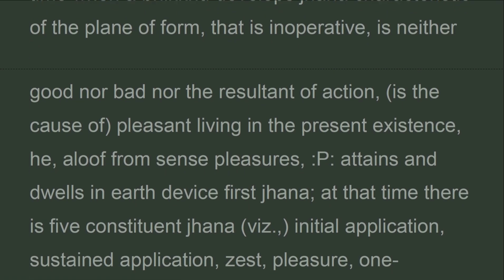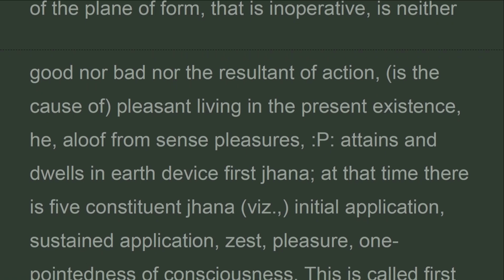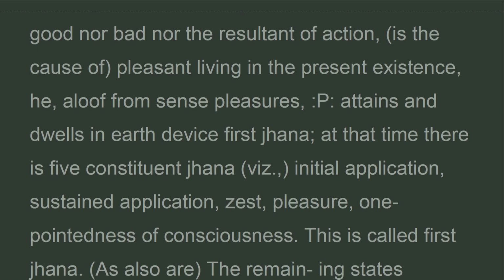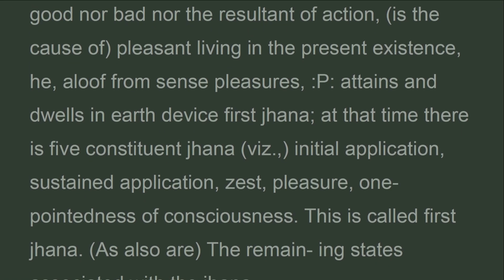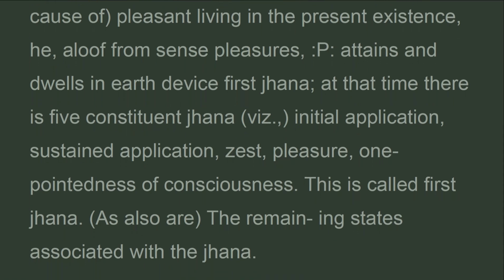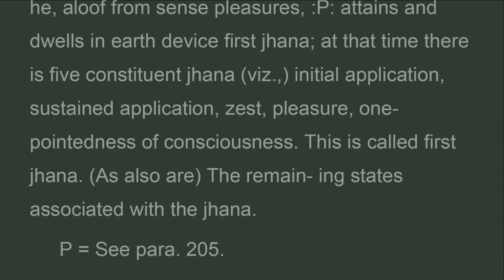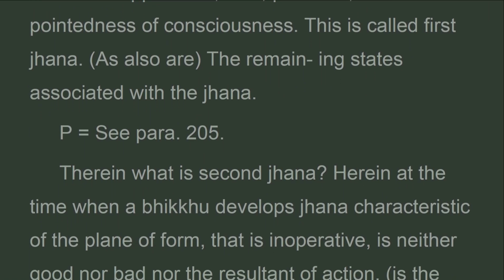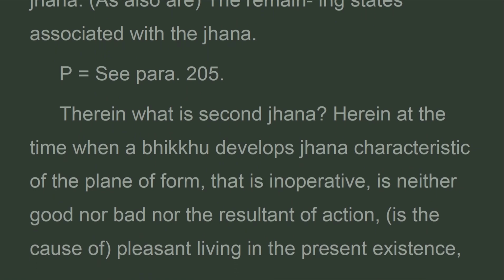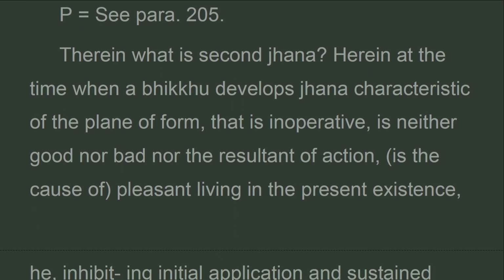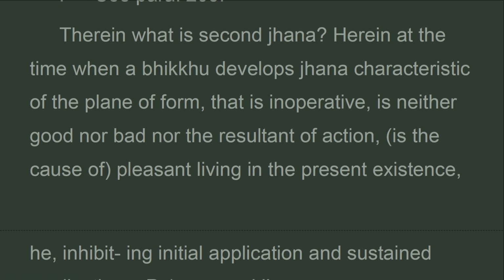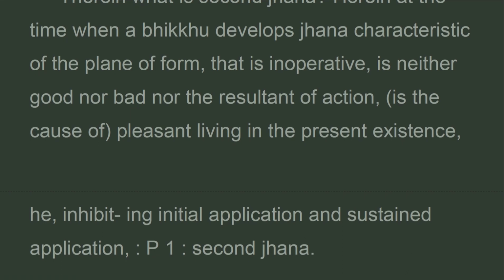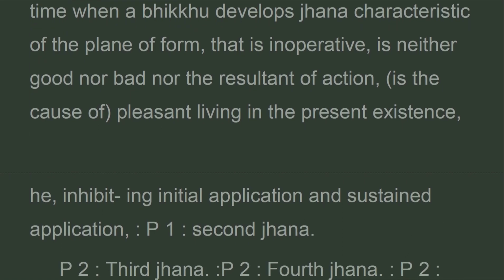aloof from sense pleasures, attains and dwells in earth device first jhana. At that time there are five constituent jhana factors: initial application, sustained application, zest, pleasure, one-pointedness of consciousness. This is called first jhana. The remaining states associated with the jhana. Therein what is second jhana? Herein at the time when a bhikkhu develops jhana characteristic of the plane of form that is inoperative, is neither good nor bad nor the resultant of action, pleasant living in the present existence, he,